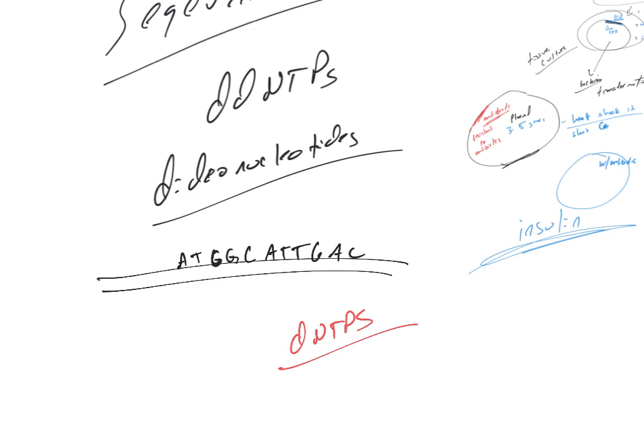So we have ATP, CTP, GTP, and TTP, right? A, T, C, G. So when you add the ddNTPs, this stops